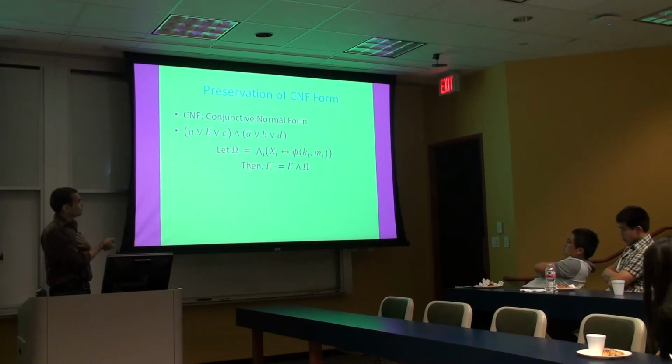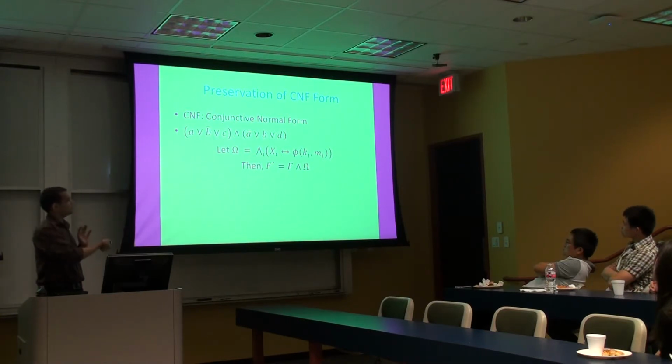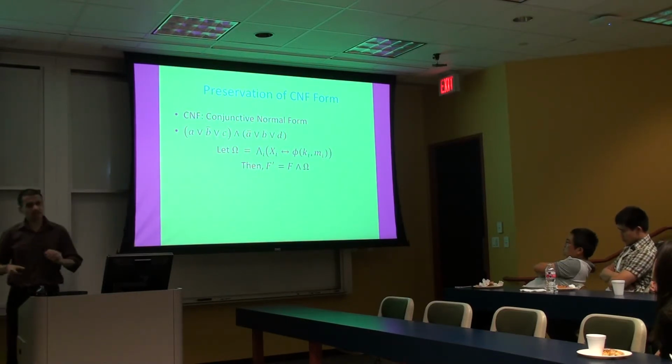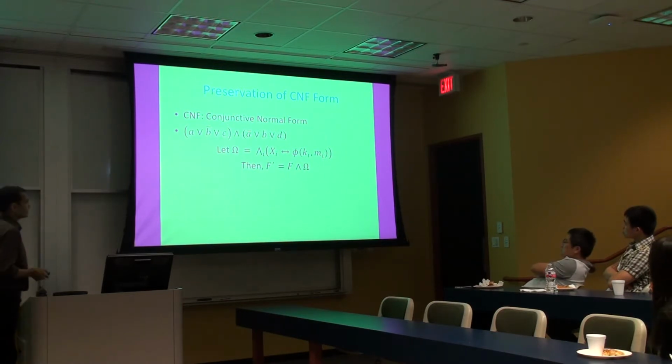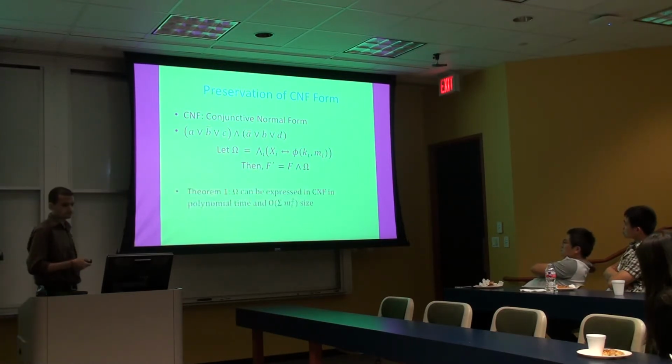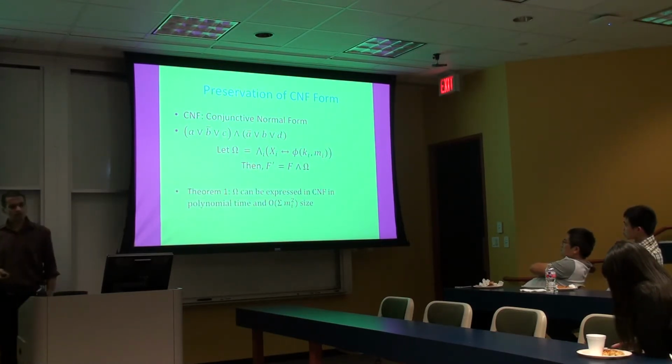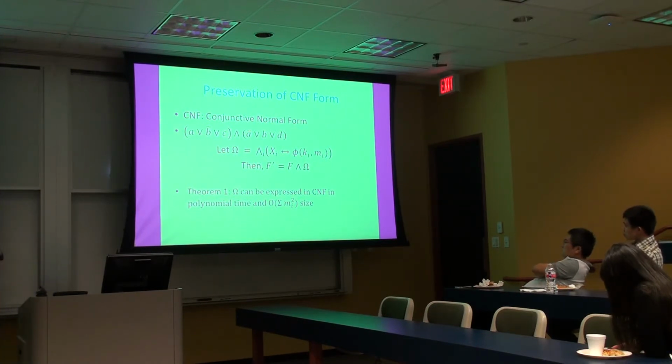So what we got here is f prime, f and omega. If I denote the big expression that we were getting, xi if and only if p of ki comma mi, by omega, then the transform formula that we get is f prime equals f and omega. It is very important to preserve the CNF form